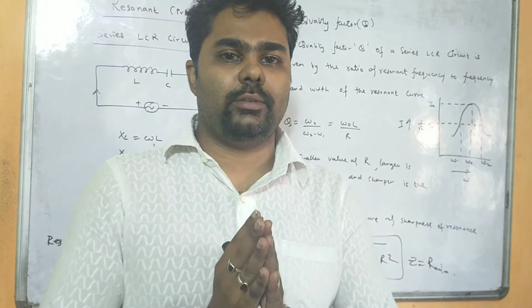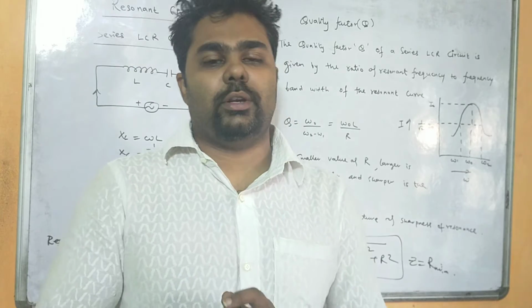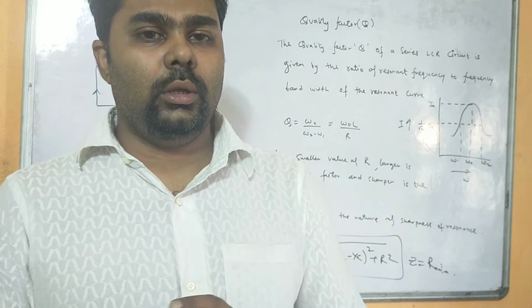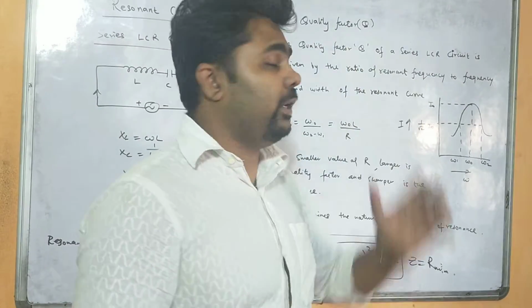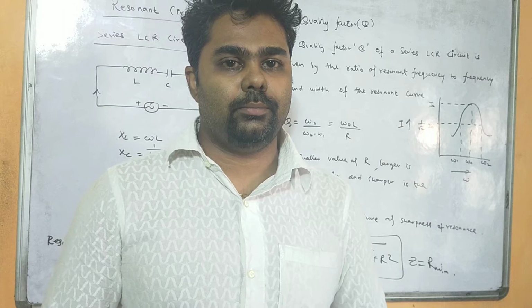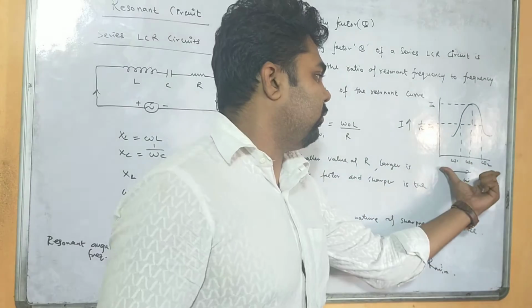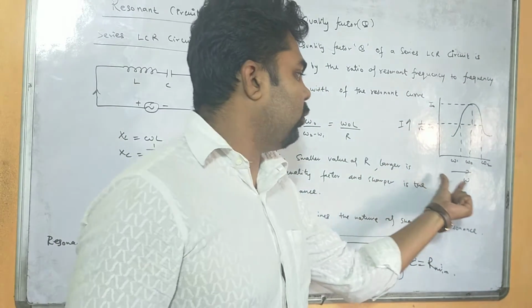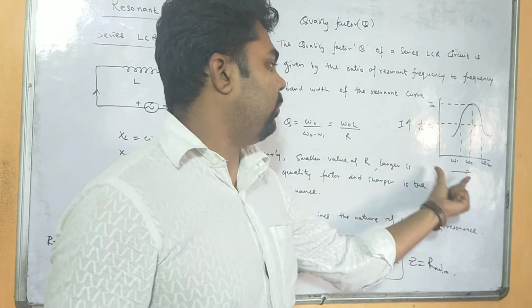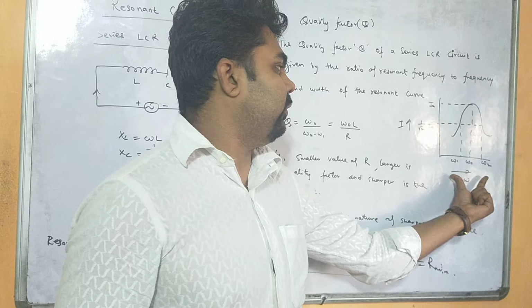If it is in resonance condition, so what is the nature of that resonance? So what is the sharpness of that resonance? Okay, so that is found out by the quality factor. So quality factor determines the sharpness of resonance. So this is a quality factor graph. You see, I have plotted omega on the x-axis and I on the y-axis, that is I is the current and omega is the resonant angular frequency.